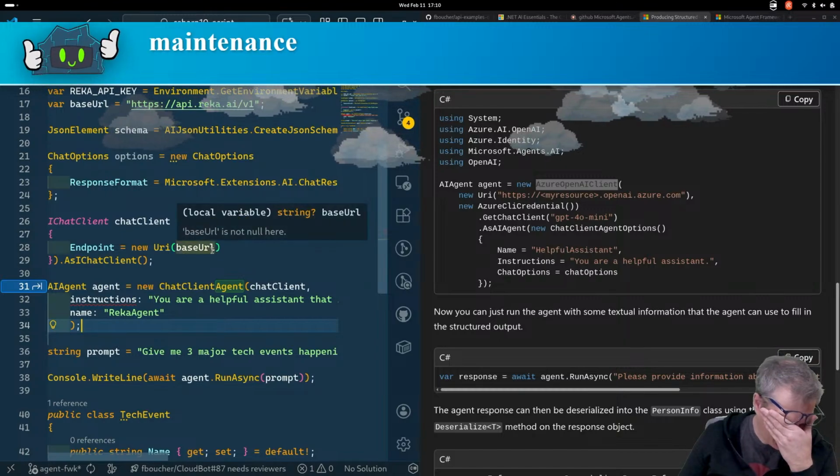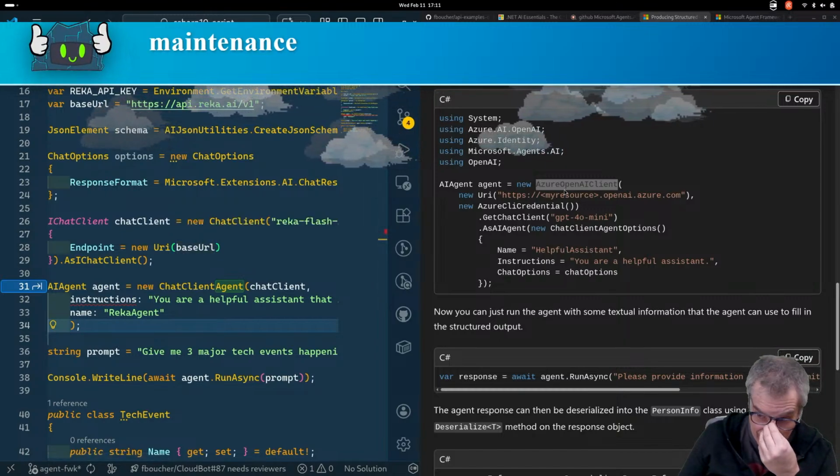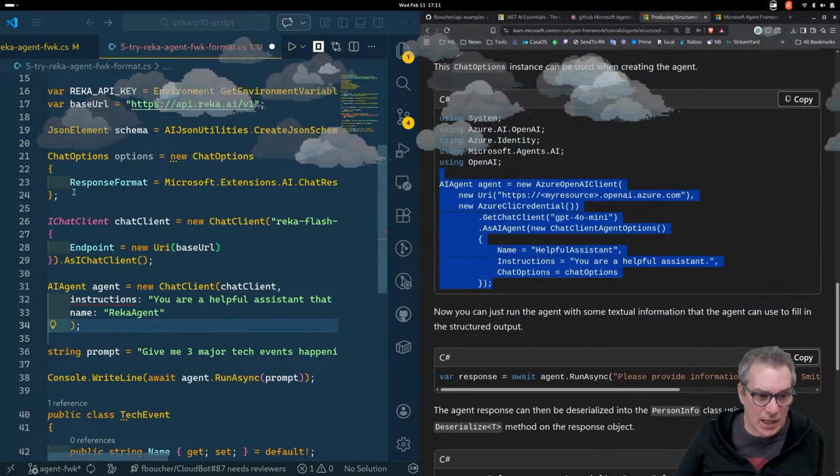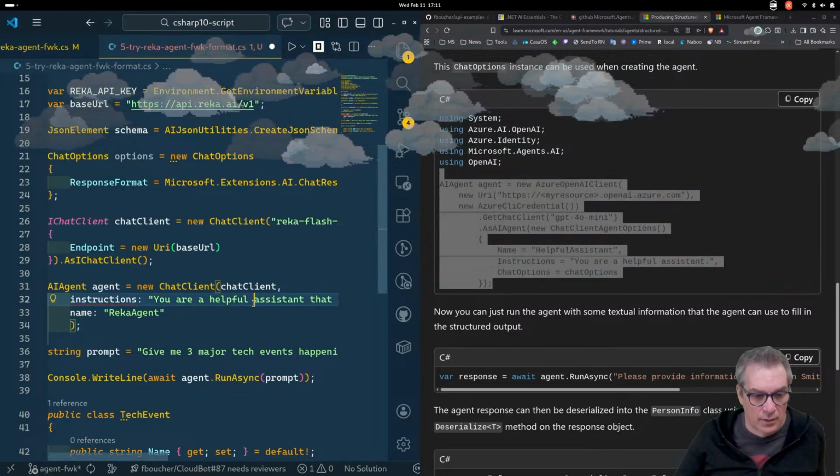Man, it's creating everything embedded. I don't think it's a simple way to do that. I think this is clearer.